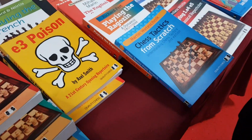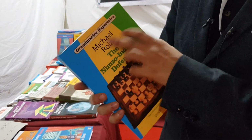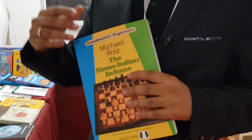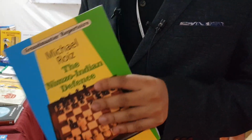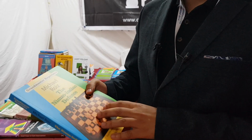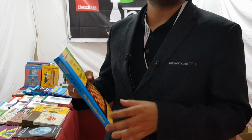You have the Nimzo-Indian Defense. Nimzo-Indian Defense here, very popular book by Michael Roiz. I have a nice story here. It was a game between Sandipan Chanda and Lakshman from the Kolkata Open, and Lakshman played the Nimzo and Sandipan played, I think, the move bishop d2 here, or maybe it was e3 followed by bishop d2,